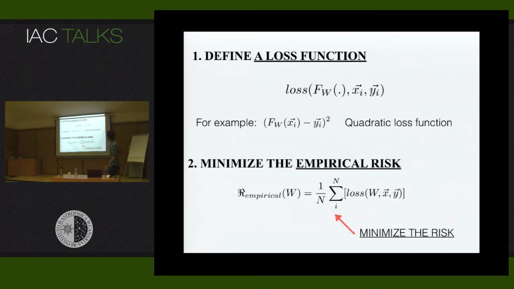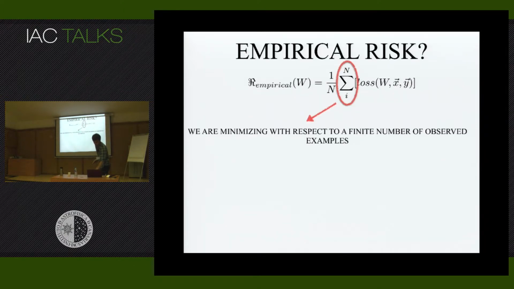The only difference here is that you don't know what this function is, or at least you put in a general function. It's not a model that is specific to your data. You put in a general function that depends on some weights. But basically, what you're trying to do is just minimizing. An important thing is that we are minimizing the empirical risk. What does that mean?